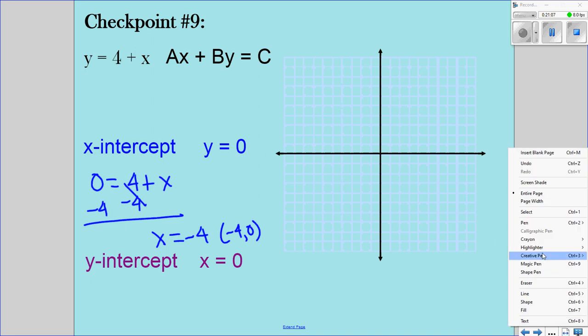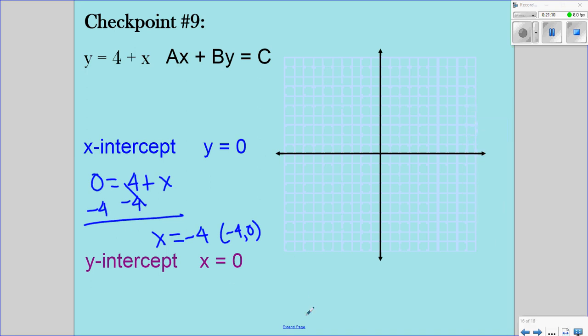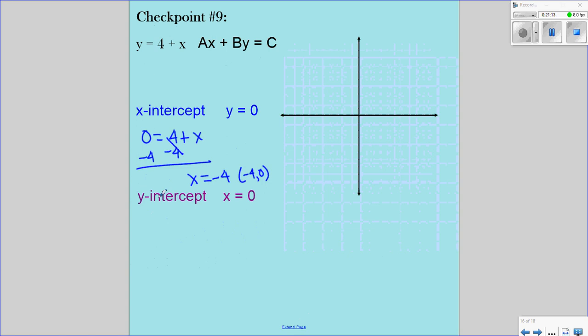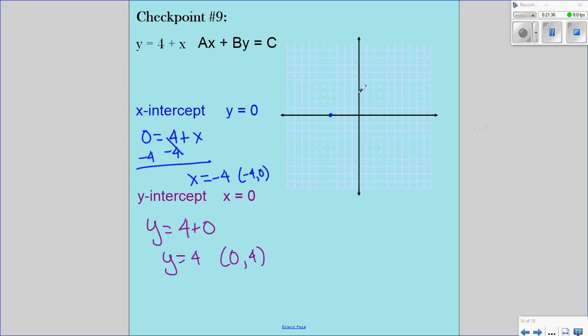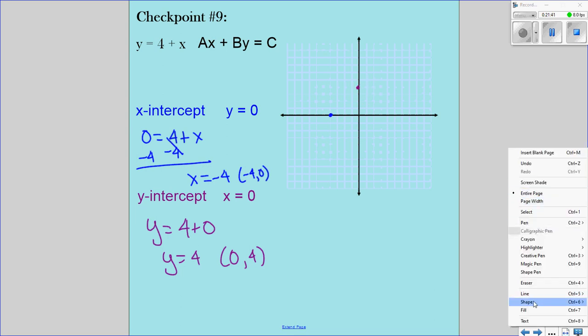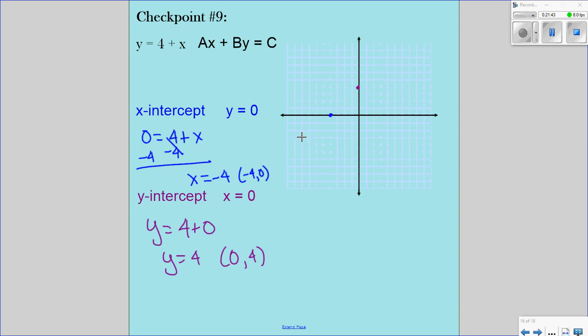Then for my y-intercept, my x is equal to 0. I'm solving for y, so then y equals 4 plus 0, and then y equals 4, and then my coordinates will be 0, 4. So for the x-intercept, negative 4, 1, 2, 3, 4, 0, and then the y is 0, 4, 1, 2, 3, 4, and then you put the line, connect the dots, draw a line, make sure you